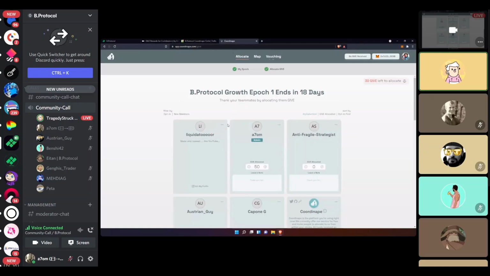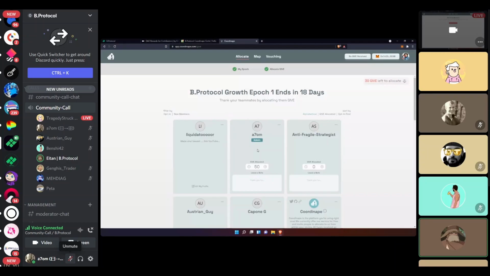And I know Caesar was here last time, right? And he said that the Yearn ecosystem, where this comes from, were typically giving to people they had been working with, or at least cooperated with throughout that epoch, because then it's easier to know the contribution of someone you've collaborated with than people whose contributions you've not seen. But so there's an interesting dynamic.